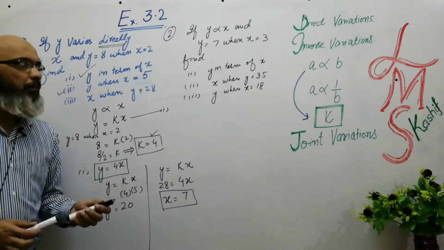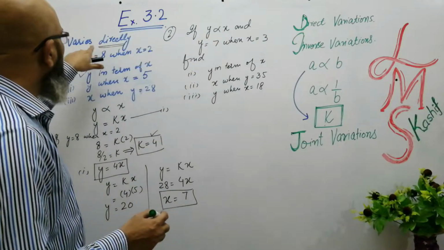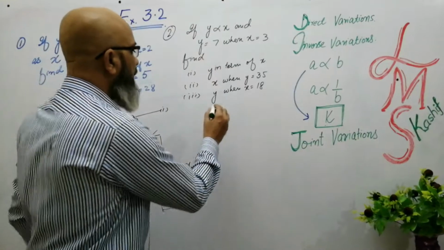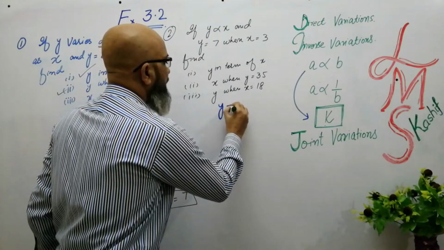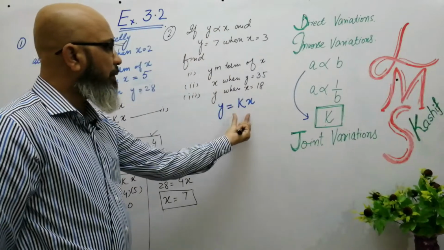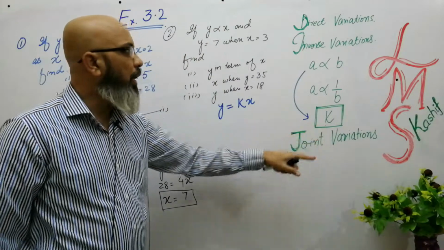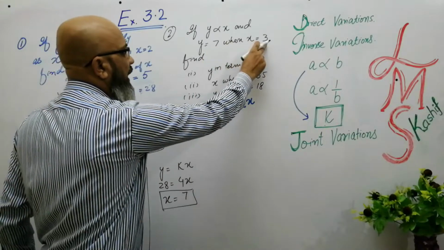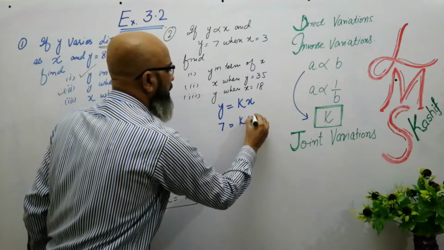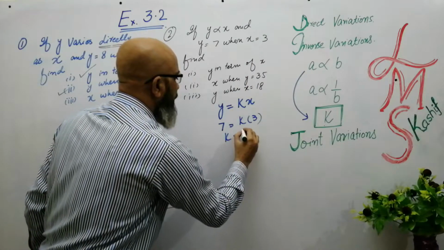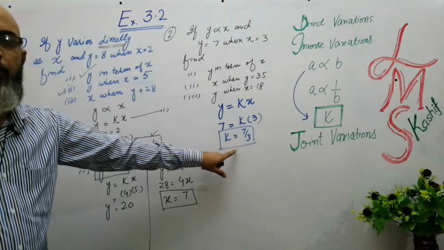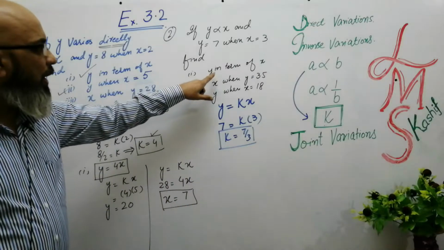So look at another question. Again the same thing. Now there is nothing written about direct, but this sign is given to you. So simply what you write here, y is equal to kx. प्रोपोर्शनैलिटी साइन को ख़त्म करने के लिए हमने उसकी जगह पे प्रोपोर्शनैलिटी कांस्टेंट यूज़ किया है. Now the same thing, put the values of y and x. What is the value of y? That is 7. What is the value of x? That is 3. And we get 7 is equal to 3k. k की वैल्यू हमने क्या ले ली? 7/3.